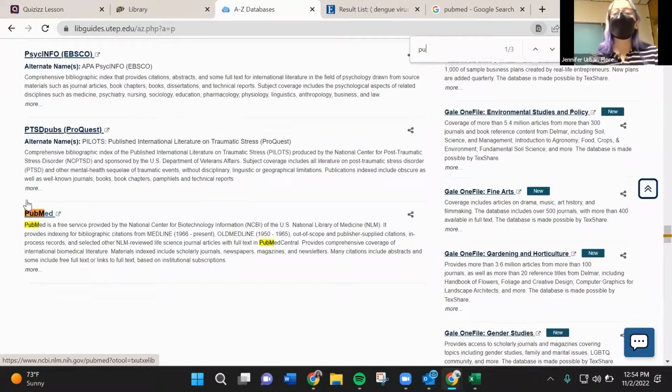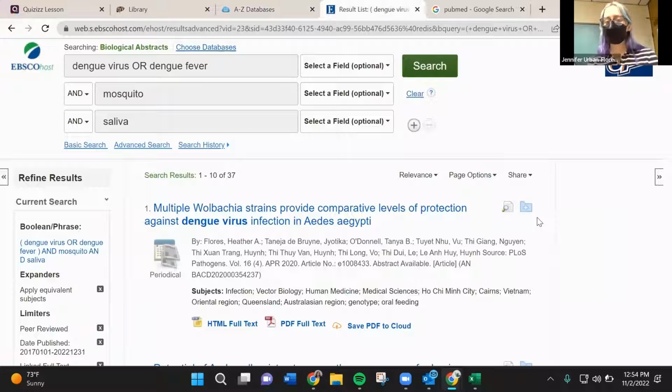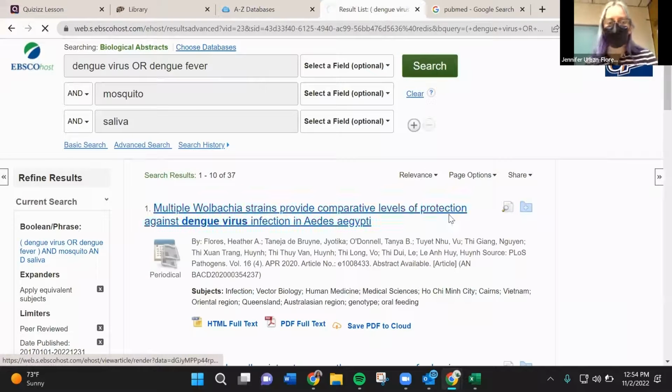Hey Maya, real quick, I know we're almost out of time, but we also have a question about RefWorks. Could we just do a simple export to RefWorks on EBSCO? Absolutely. Awesome. Okay, I'm going to go ahead and click on the top